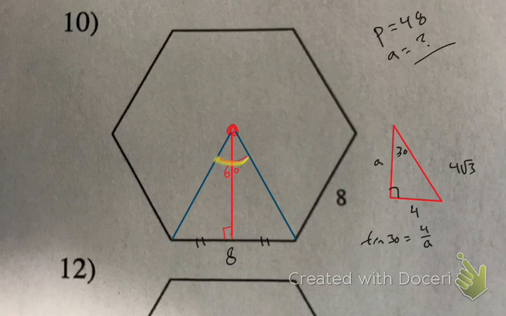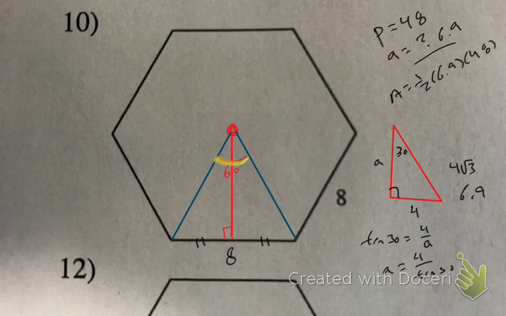So from there, 4 times the square root of 3 is 6.9. And remember, these would flip-flop, so the apothem would be 4 divided by tangent 30. Just double check it. 4 divided by tangent 30. It's also 6.9. Okay, so my apothem is 6.9, so my area is 1/2 my apothem times my perimeter. So 6.9 times 48 divided by 2. Area is